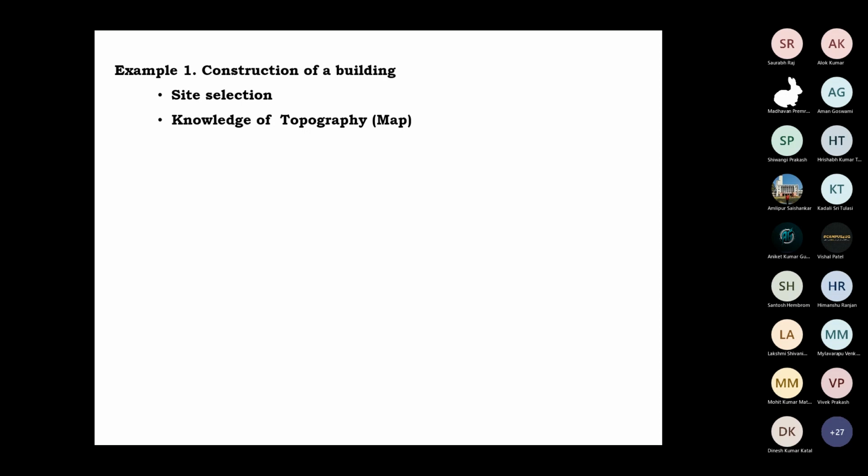Why do we need it? Do you know the meaning of topography? Then you are able to tell me. Please speak. Knowledge of topography is basically whatever that area is, where it is elevated. If you are making the home, you should know whether the area is downside or upside, if there is a hill, if there is a pond. So you should know that topography. Give me one minute, just think about it more.